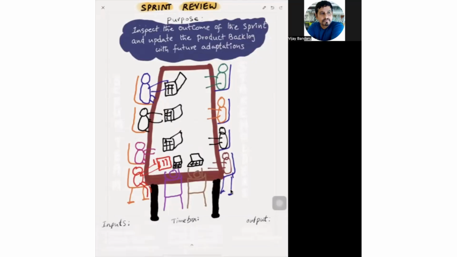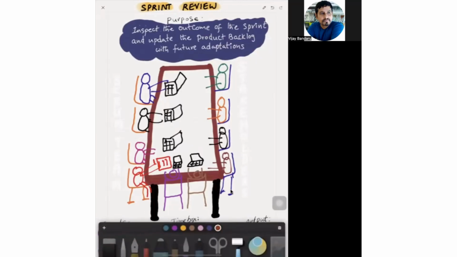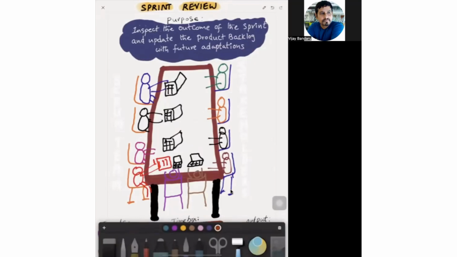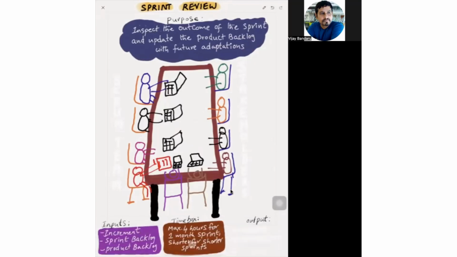And the inputs for the sprint review are primarily the increment, product backlog, and sprint backlog. The time box for sprint review is maximum 4 hours for a 1 month sprint and shorter for shorter sprints. That means less than 4 hours for less than 1 month sprint. And the output of the sprint review is the adapted product backlog. As we just discussed, either new items will be added or unwanted items will be removed or existing items are